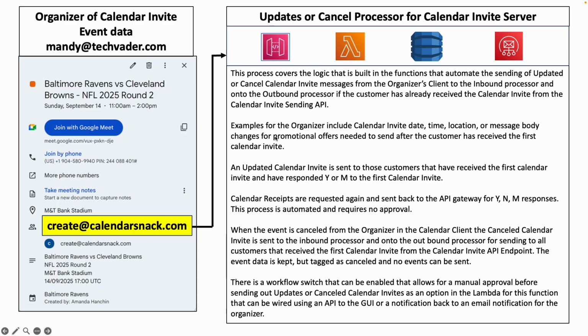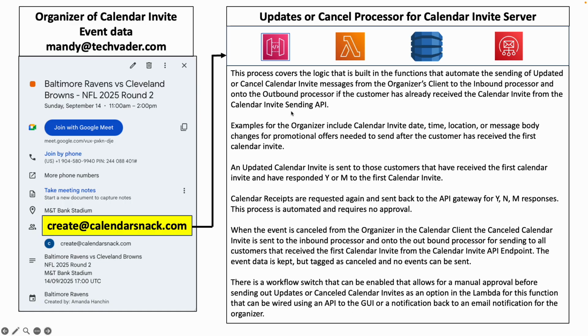So if I just stay here and kind of refresh the thought process for the update or cancel processor for the calendar invite server, this decision logic covers the logic for the built-in functions. These built-in functions are for update or calendar invite messages sent from the organizer's calendar client. Those flow to the inbound and on to the outbound processor if the customer has already received a calendar invite from one of the